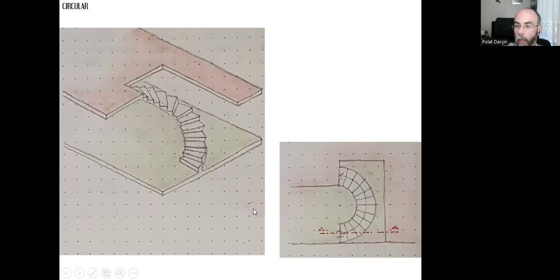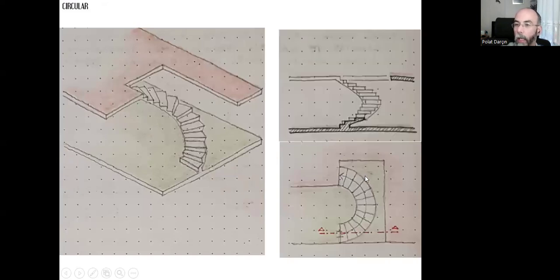Circular stairs, upper floor, plan, section. As you can see, only 1, 2, and 3 steps are being cut, and the rest is being seen. I just transfer them one by one. Based on my design, I see this side of the red floor, this side of the red floor, and that portion is being cut. Ground floor plan,